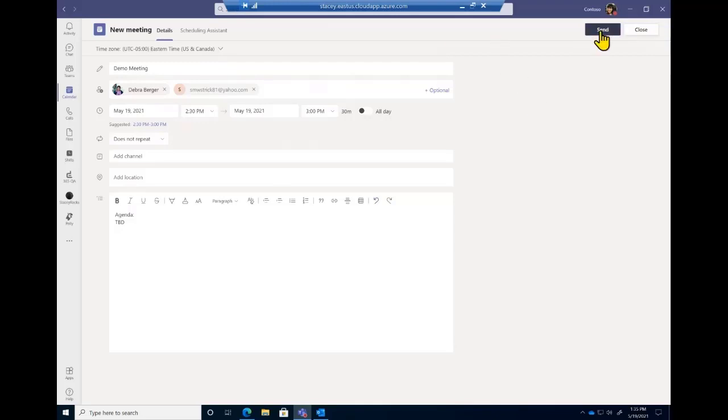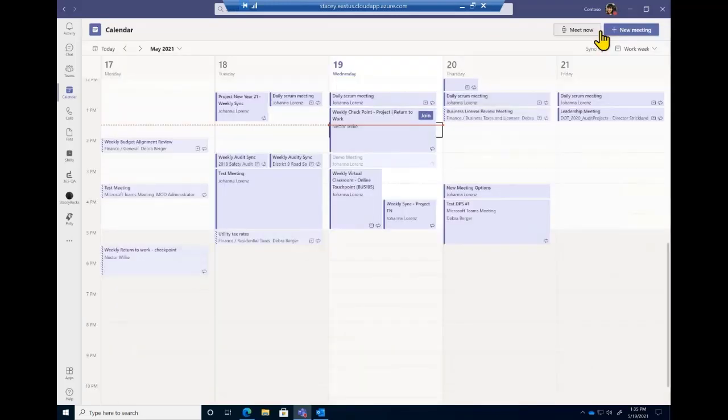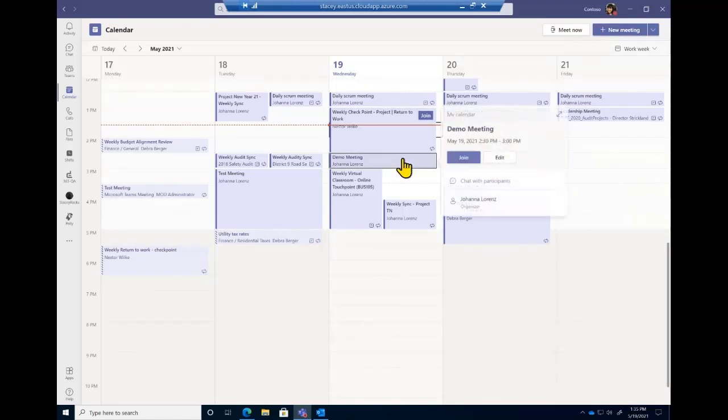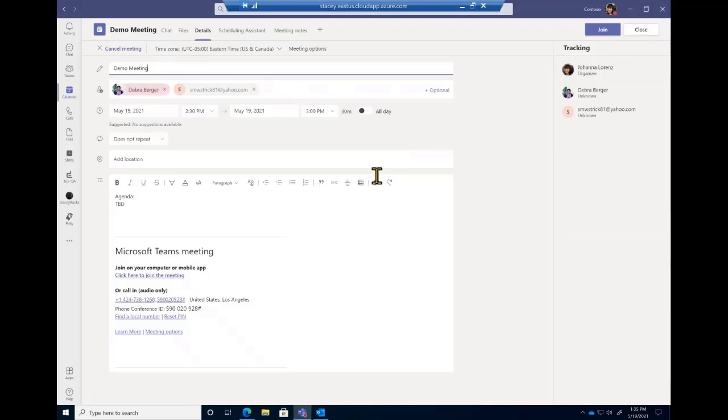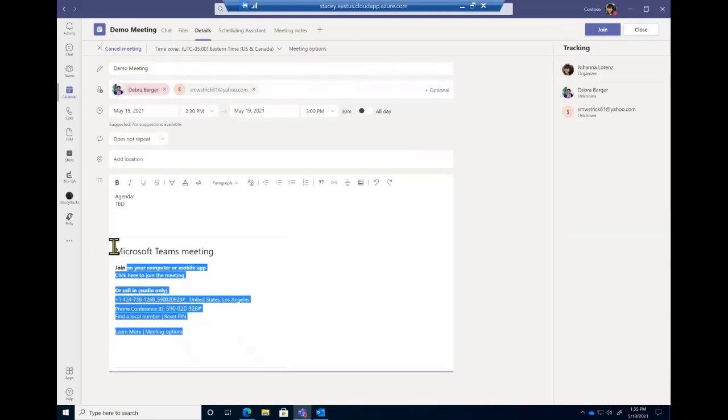And then when you send it, and this is often a question that we get as well, you have to establish a meeting before you can see the additional content here. So there's your meeting link. Here's the meeting options, meeting notes if you want to go ahead and create them, files to go ahead and upload before your meeting, which I'm sure they've already went over for you previously.